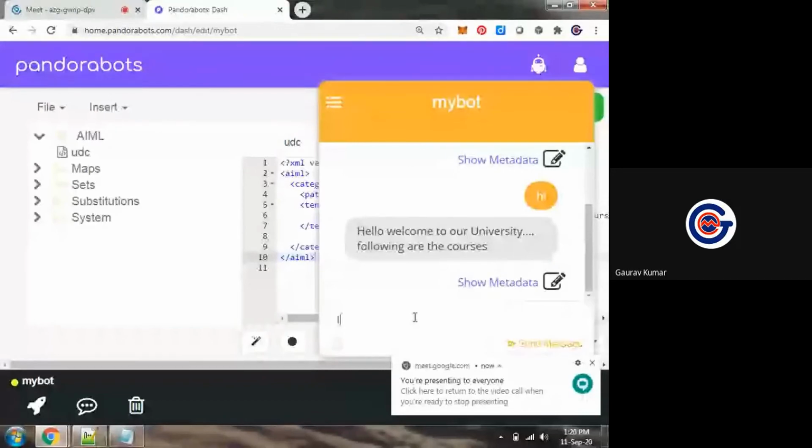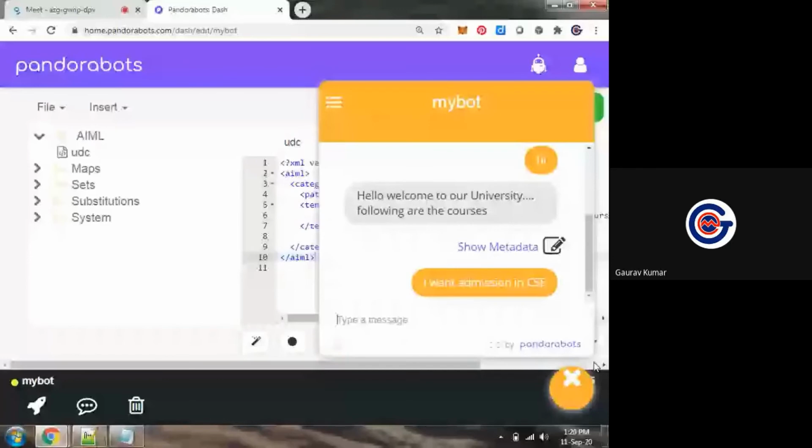I want to take admission. I want admission in CSC. Currently it will give me exactly the same reply for each question because I have not put any other response. So in this markup language, I will create this database.